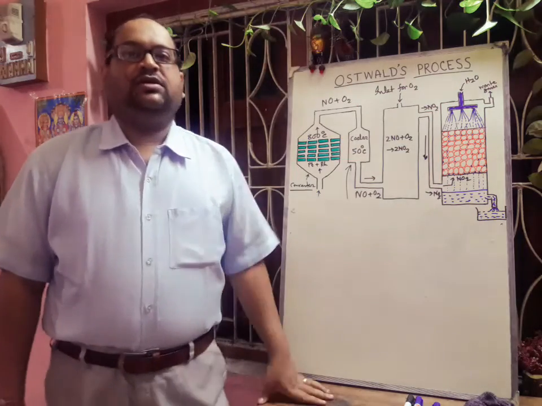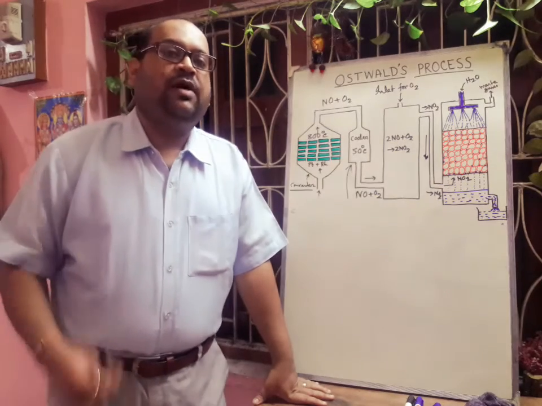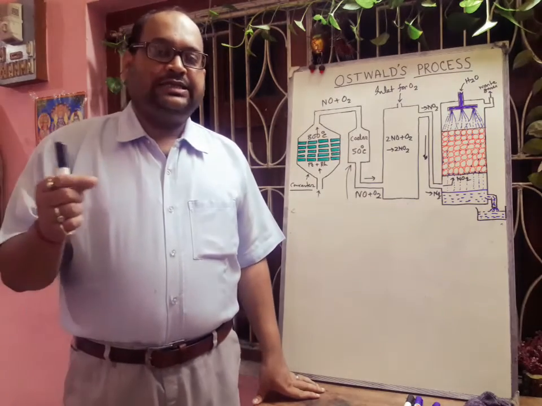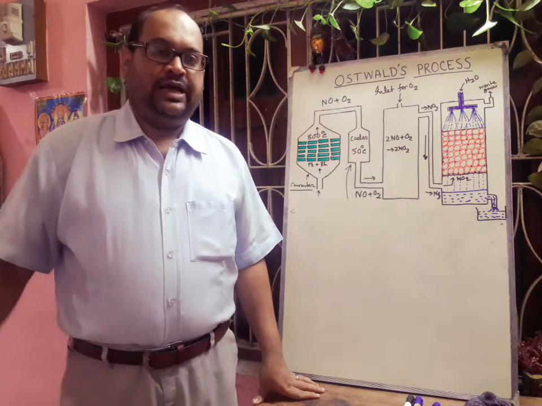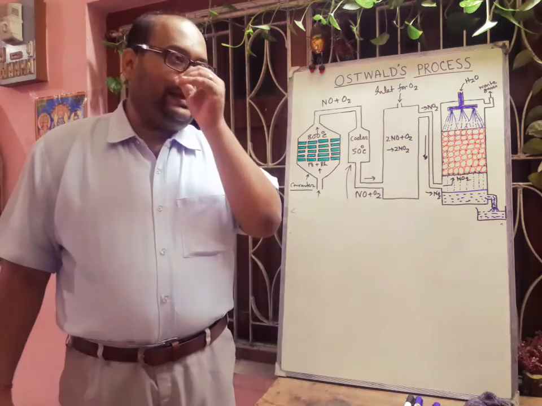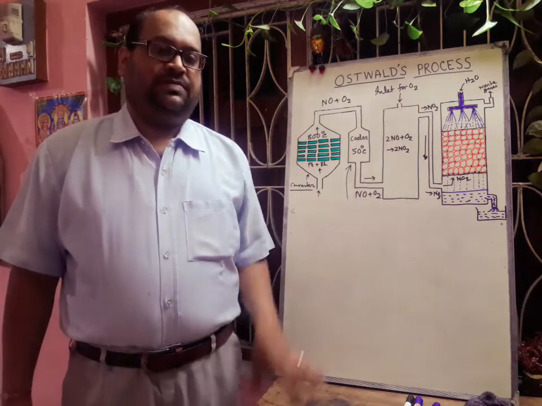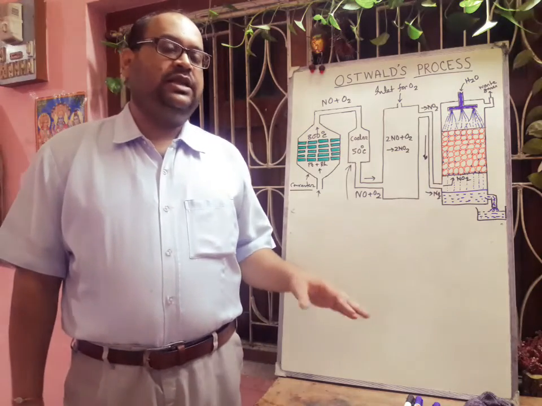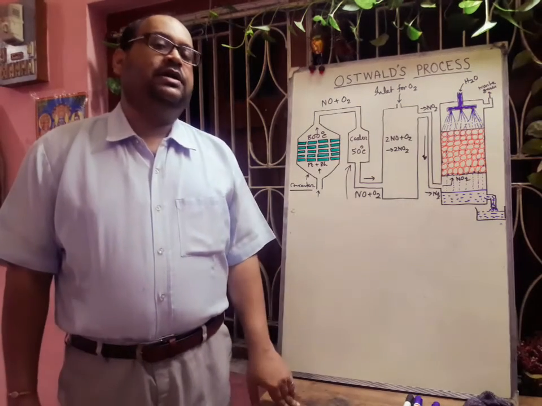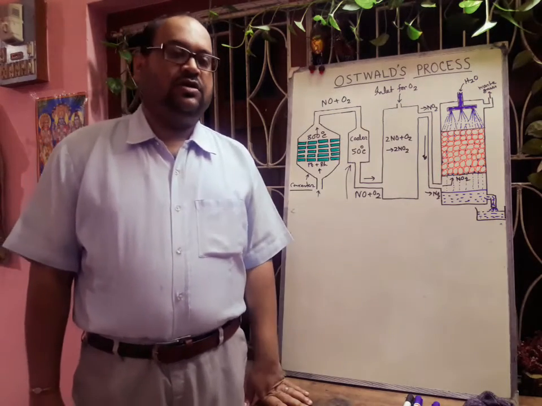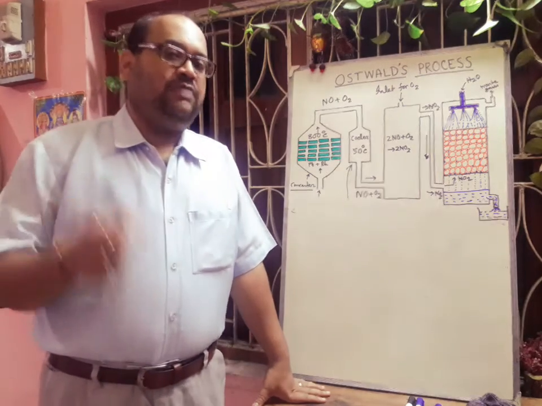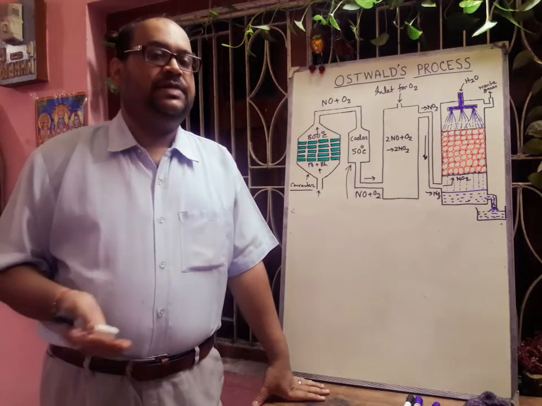This is in your practical also. So what to do in the brown ring test? First we have to take dilute nitric acid in a test tube. Then we have to take freshly prepared ferrous sulfate solution. Why freshly prepared? Because if we keep the ferrous sulfate solution in air for a long time, then it will turn into ferric. So we have to take solid ferrous sulfate, that is green in color, and dissolve it in water. In this way we can prepare freshly prepared ferrous sulfate.